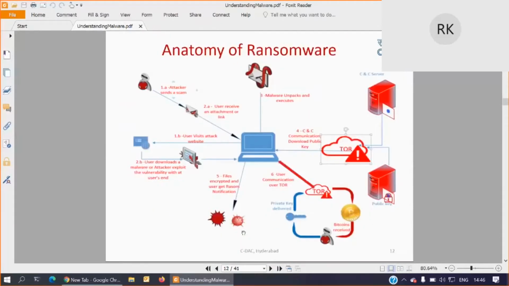So coming to one use case, we'll take ransomware because that is the most dangerous thing we are facing now. Our entire system will get encrypted and they'll ask for some ransom in the form of bitcoins. Only when you transfer the bitcoins to the attacker will he send you a key. Using that key your files can be decrypted. Okay, so we'll see how it is possible.